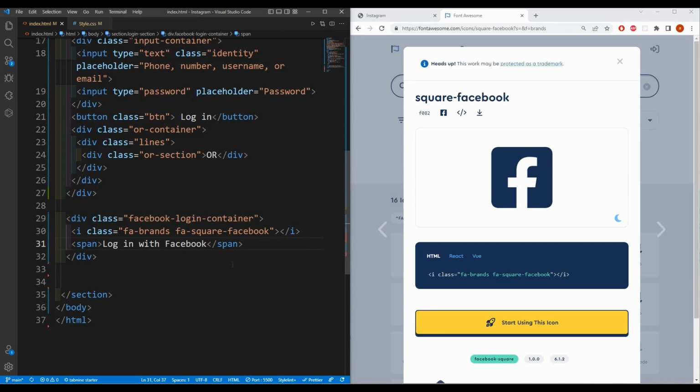Okay, now we are going to take another div, and it is going to be called forgot password, and inside that we are going to add an anchor tag and write